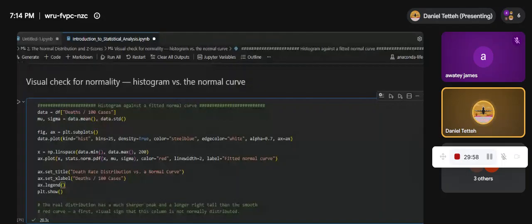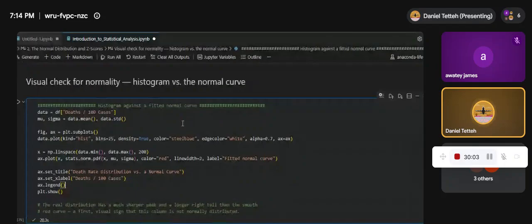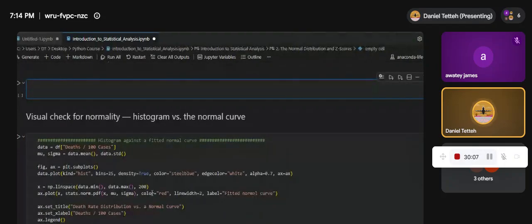So how do we go about it? We try to make a plot and then use that plot to check for the normality. So you see that for normality, ideally it's supposed to have a bell shape, okay? So once you plot this,